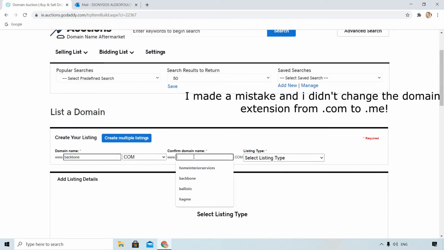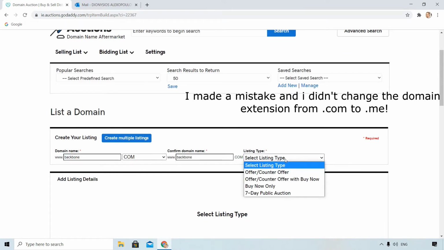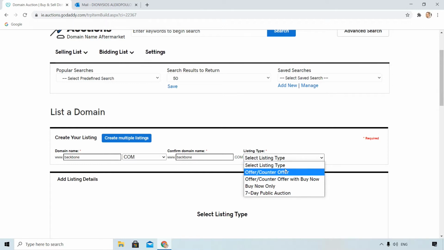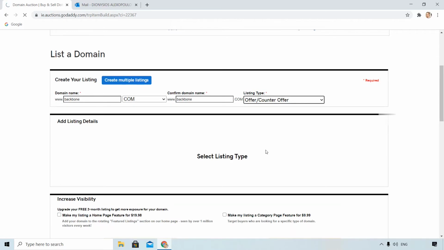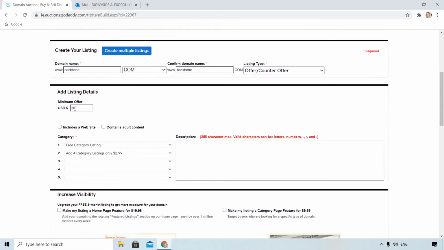Okay, let's explain the different listing types. Offer/counter offer means that you are open to an offer. Of course, you can set the minimum that you will accept, and then you have three options. You can accept. For example, someone might offer $50 and you can accept it and sell the domain. You can counter offer with some other amount.